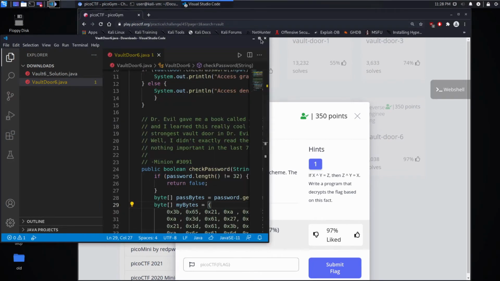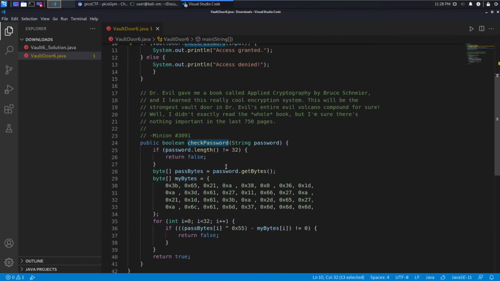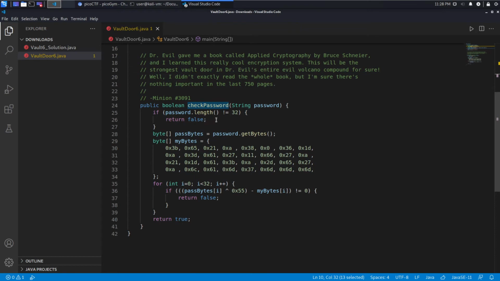As we look, we've seen 6 vaults now, and we know that the main is always the same, and it's uninteresting, it just takes an input. We're interested in check password, and we want to make sure this returns true. So we first see that we need this to be 32 bytes of input. We get those bytes, and then we have this m bytes array that's defined. And we can see that we're looping over all 32 bytes, and this is what we passed in. We are XORing that, so XOR each byte we passed in with hex 55,